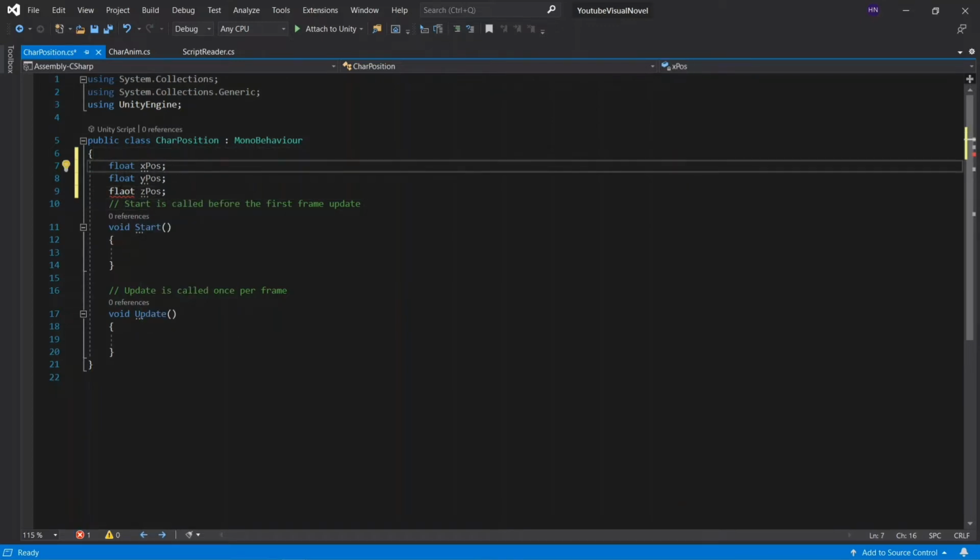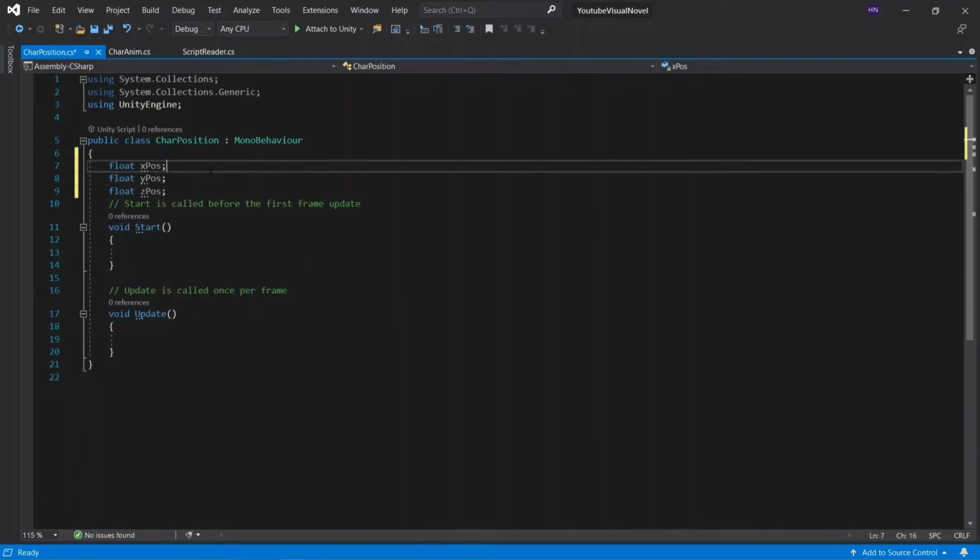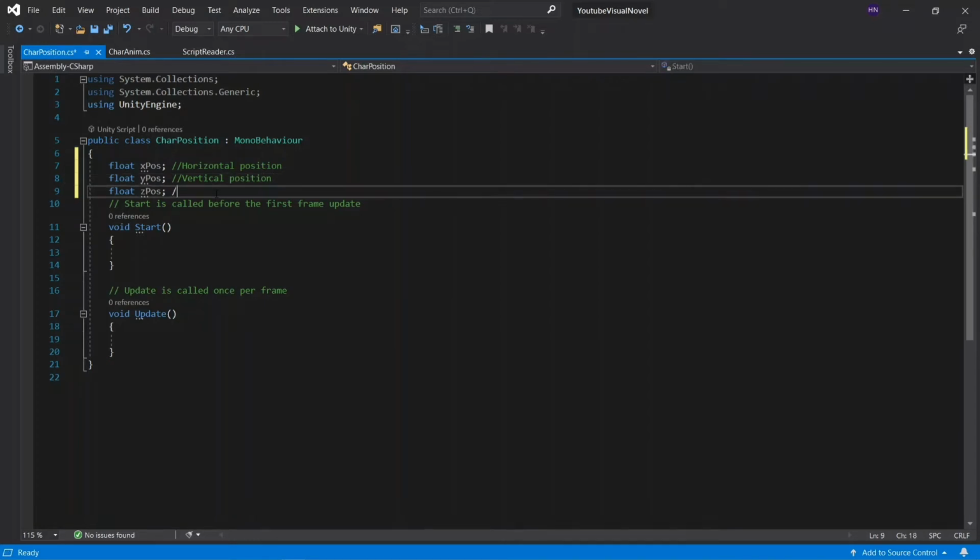So in this case, xPos refers to the horizontal position. yPos refers to the vertical position. zPos refers to the draw order. Now that we have these values,